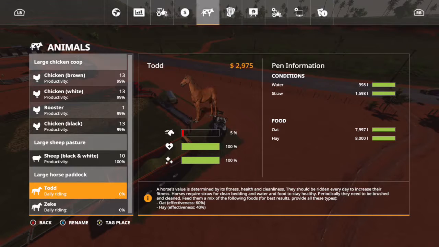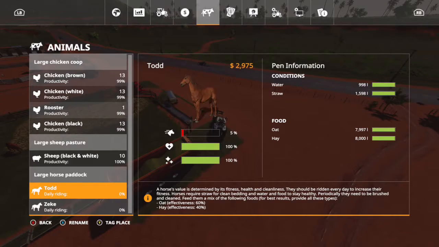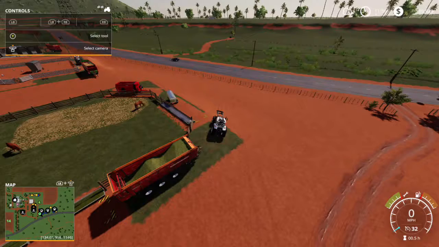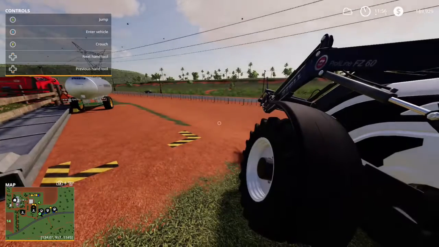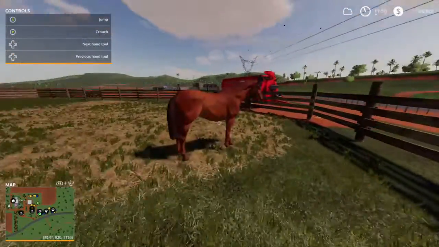Okay, so here are our horses, Todd and Zeke. I think we have the option to rename, but we'll just keep them like this. Now, we do have to ride these horses in order to train them. You can see that it's currently at 5% and we're at 0% for the daily riding. So you can actually hop inside these horse paddocks, hit the X button to ride your horses, and it will